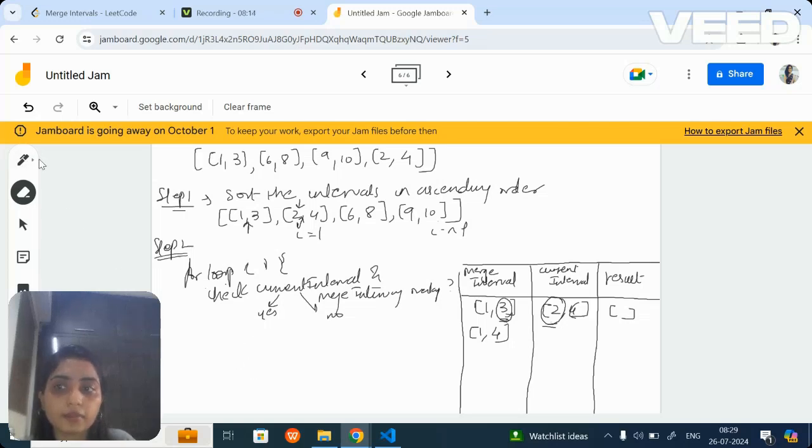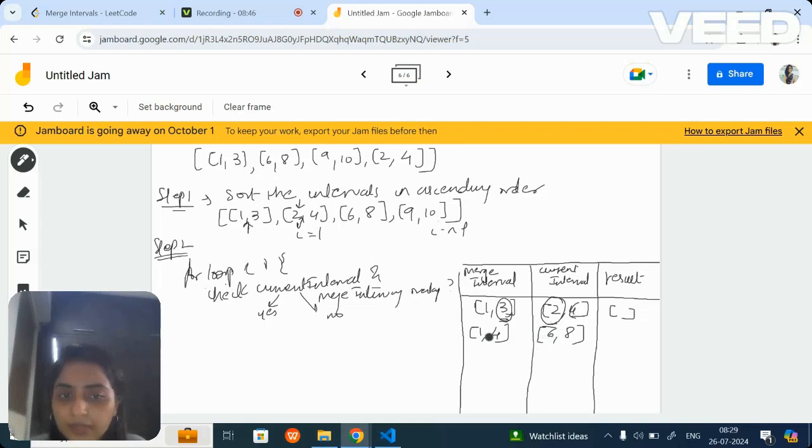Now let's go ahead. My new merge interval becomes 1 comma 4, but my current interval becomes 6 comma 8. I don't have anything non-overlapping, so that is why I'm keeping it empty. Now again we need to compare these two. 1 comma 4 and 6 comma 8.